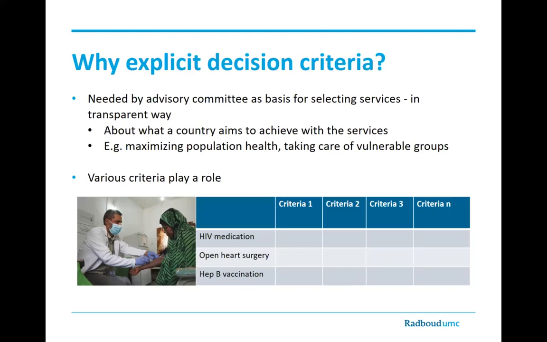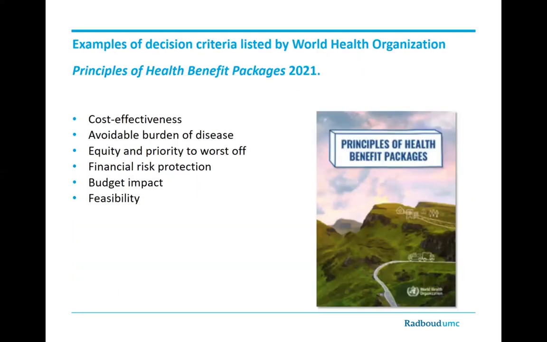One targets one specific group, or each one targets a different specific type of group. So there are some principles when it comes to setting health benefit packages, and you might have seen that there's some guidance from WHO, and they say, well, these are 6 types of criteria or values that you could be thinking about. And it's cost effectiveness, avoidable burden of disease, equity and priority to the worst off, financial risk protection,